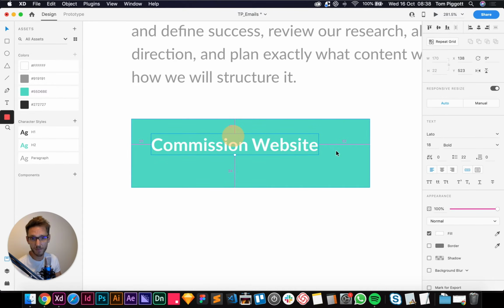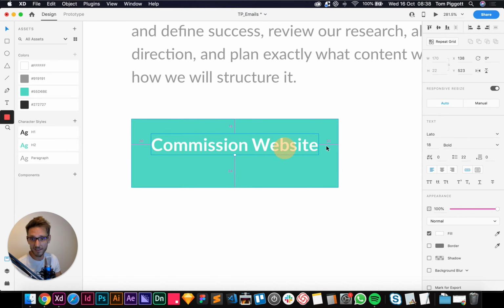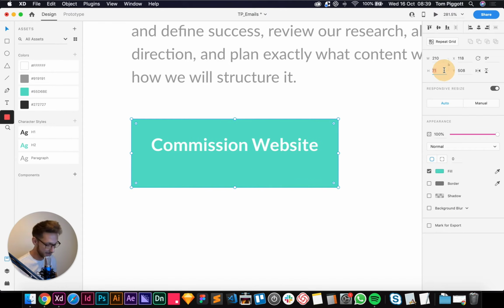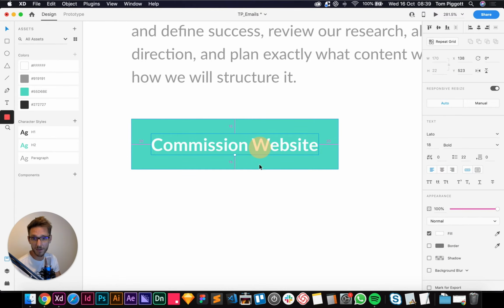So I've got 52 on here and 20 there, so I need to lose 32 on the width. So if I select this, I can just come up here, my width, and I can go minus 32. Now I know that this is exactly the right size, and same again at the top. We've got to do some maths. So 15, I think I need to drop 19 off the height. We'll soon find out if that was right. Minus 19, there we go.